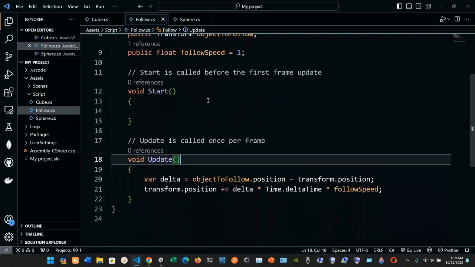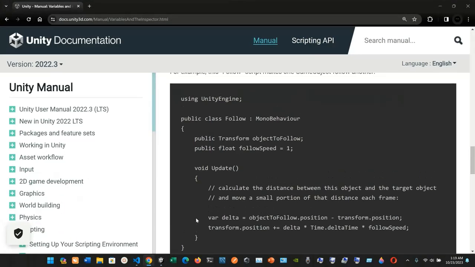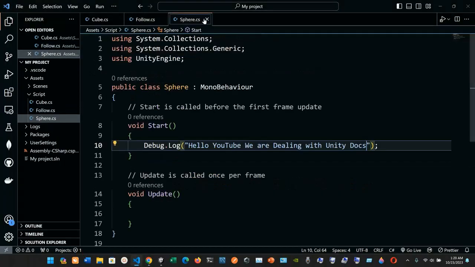And this is transform, then we have the transform, yeah, that's fine. So yeah, that's fine for now. Okay, so let's save it,